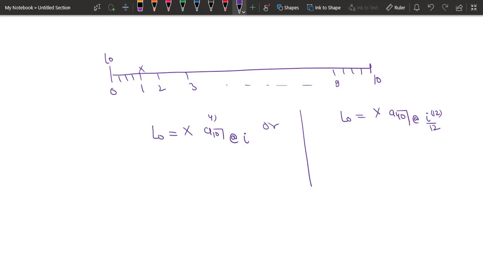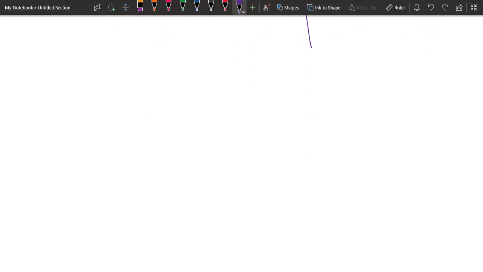So this concept has already been covered in the annuities chapter, so we are not going to use or understand this concept again. If you have any doubt in this concept, you can refer to my earlier video on annuities payable more frequently than annually. So now we'll jump to questions again. In the first example, we have a loan of 900 rupees for 3 years.